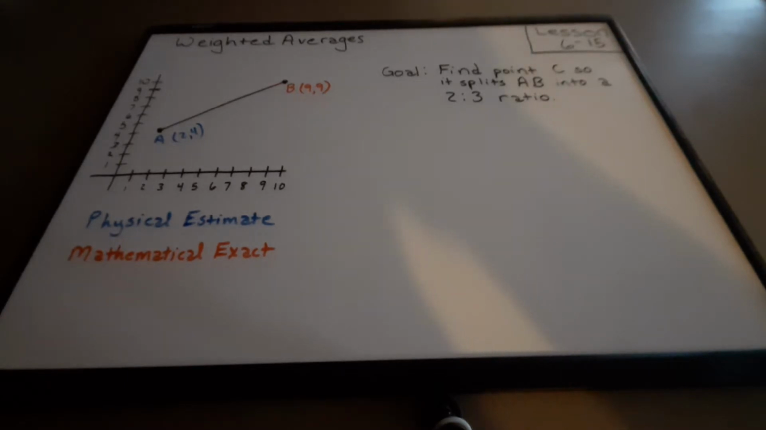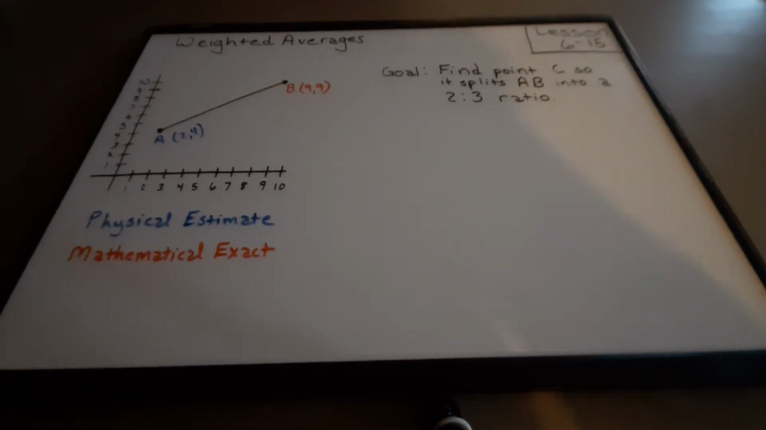So as you can see on the left, I have a line. That line goes from (2,4) to (9,9). What we want to do, our goal on the right here, is to find point C so it splits AB